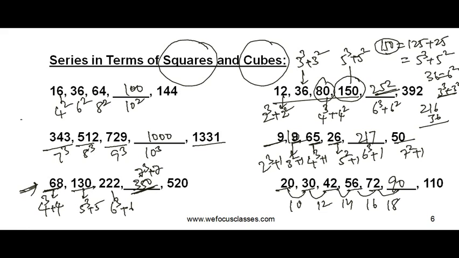So I call 150 a blind number, that is 5 cube plus 5 square, and 36 as 3 cube plus 3 square, so that it will be very helpful to us to solve the problems. So we have solved about the difference series. Whenever the problems are nearer like this, we try to find the difference. Whenever the problems are nearer to squares and cubes, we try to solve the problems in terms of squares and